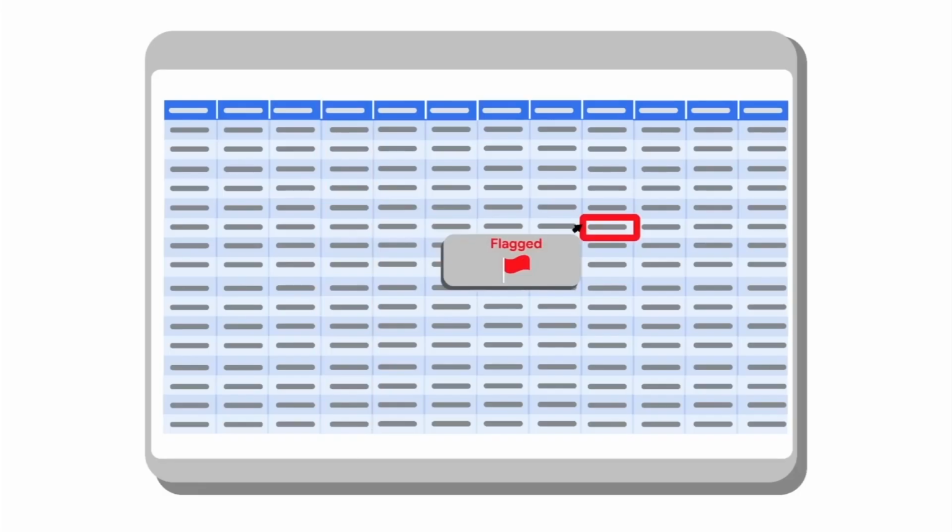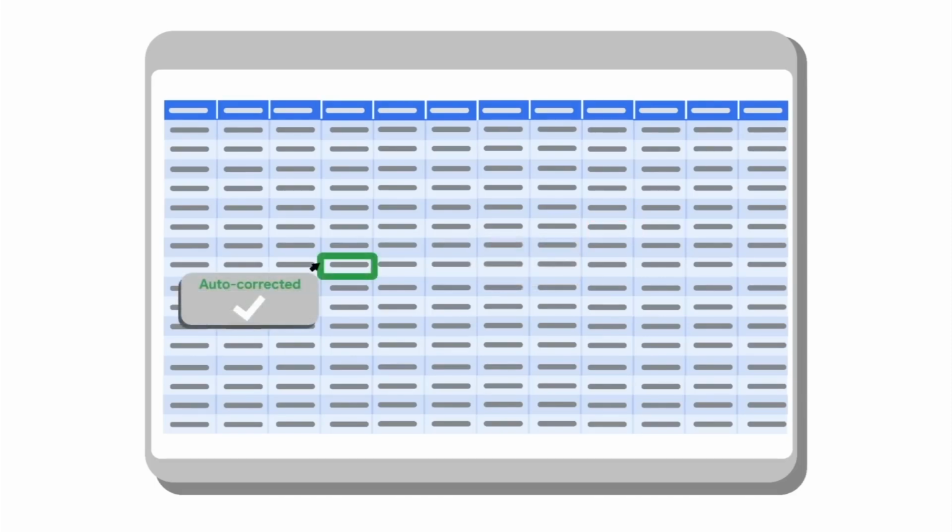You may also load the data into storage as flagged. Flagging data that you can't validate alerts users that they need to fix the data before use. For example, if a donor's email address is misspelled, you might flag the data and fix it manually. Finally, your data may be corrected automatically. For example, if a donor's zip code is invalid, the address may be matched against the database to correct the